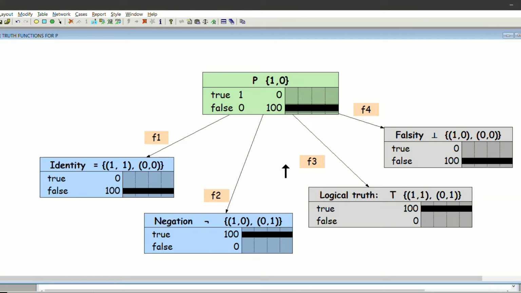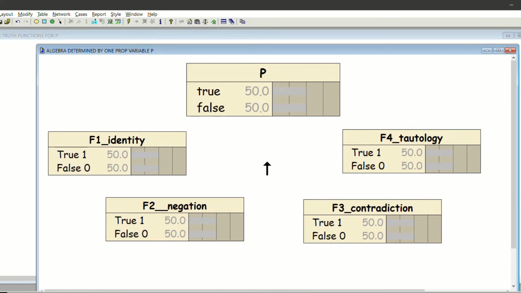So, all right, I got a head start. I kind of cheated, but all I did here is I just made some nodes, and I put that they're going to be either true or false. And then I named them. I knew what I wanted: identity, negation, contradiction, and tautology. But now here is the key point. This is our mapping.